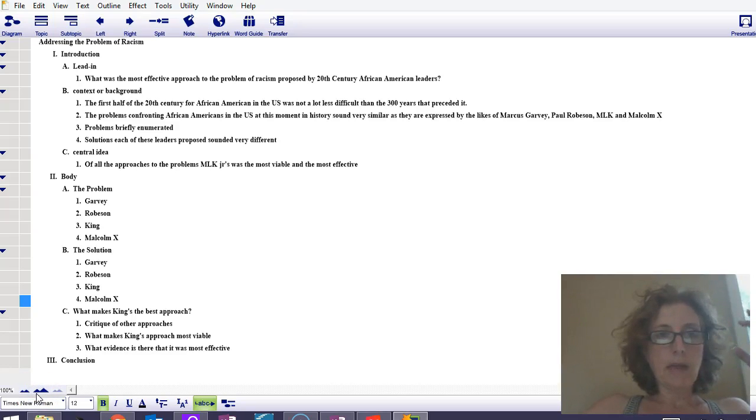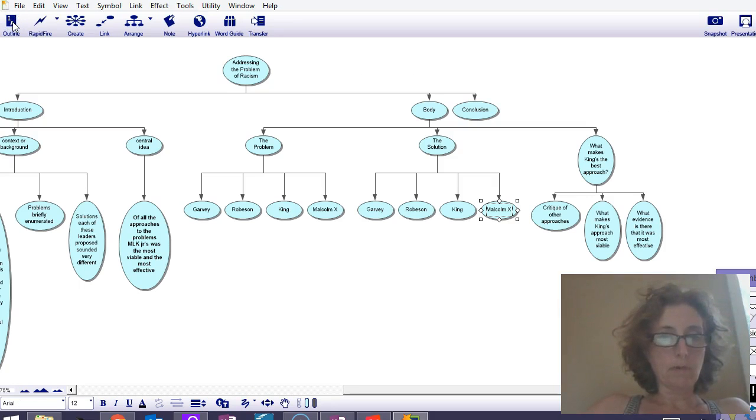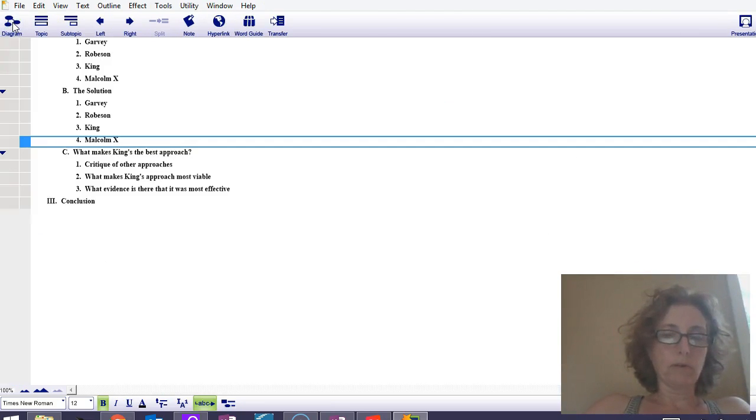So in this next screencast on inspiration, we're going to focus on the outline view. What we had before was a different inspiration. This is the one I'm returning to, the one about addressing the problem of racism from the perspective of a number of different African American thinkers in the 20th century. And this is the diagram view. I can also work on this once I've completed the brainstorm in an outline view, and this sort of facilitates